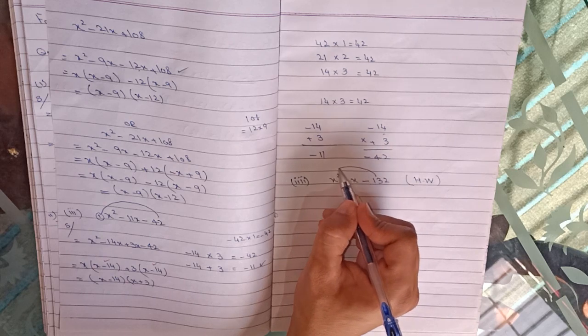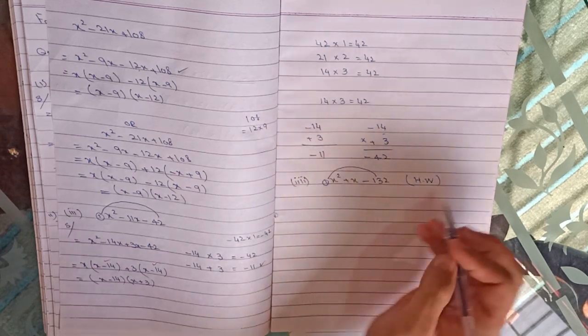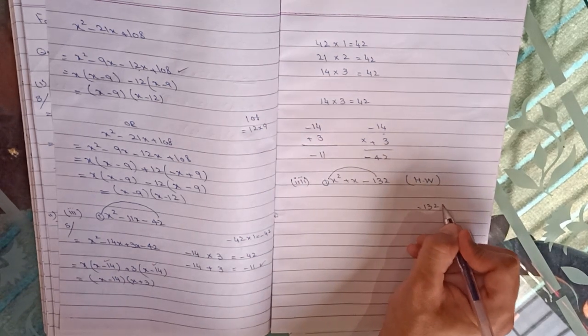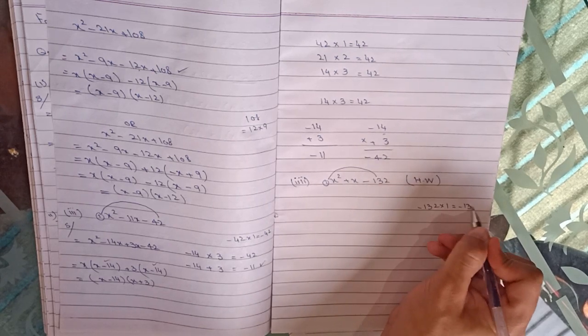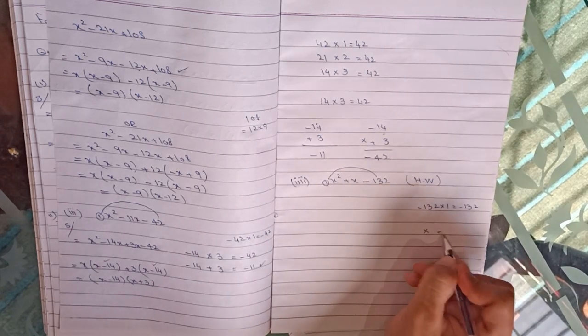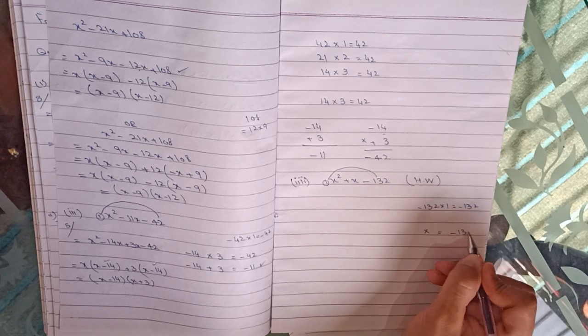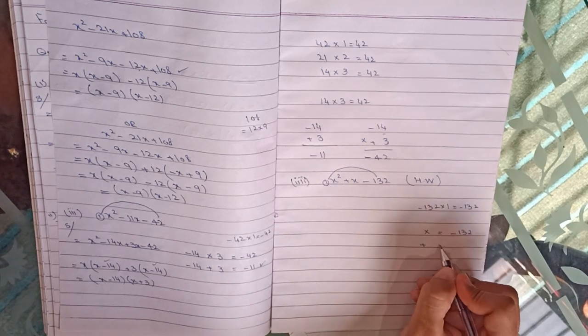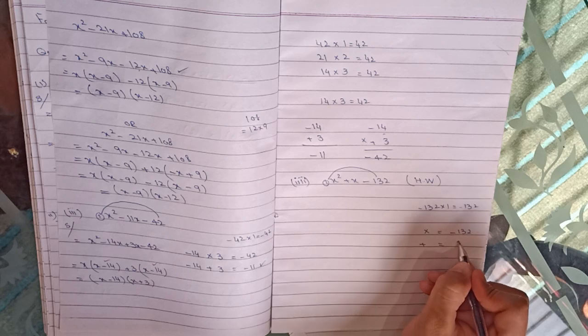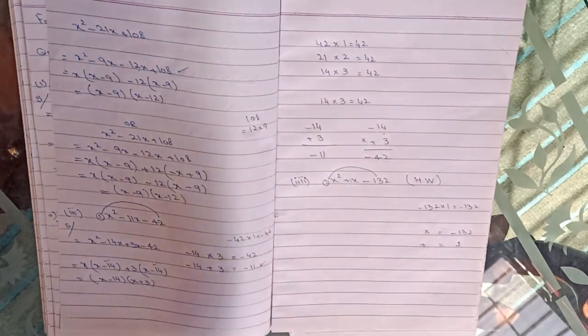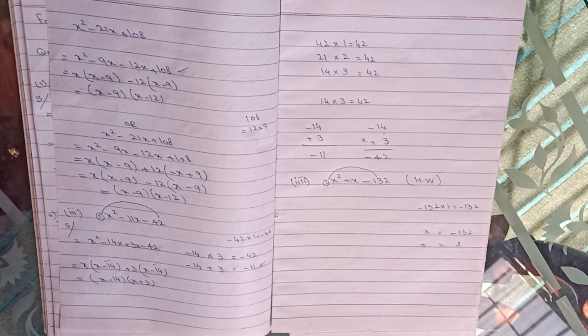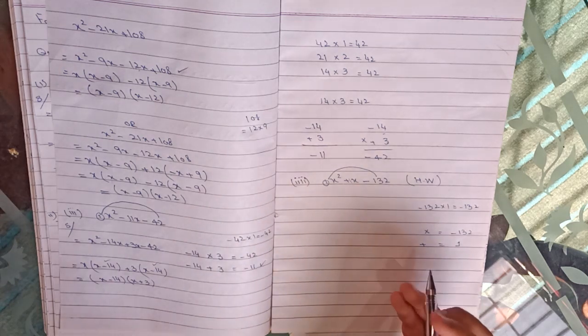Minus 132 multiplied by the x square coefficient is equal to minus 132. Find two numbers whose product is minus 132 and check those numbers whose sum is, here, 1. Two numbers whose product is minus 132 and whose sum is 1. You need to factorize this. Students, try to solve it. If you face any problem, what you need to do is